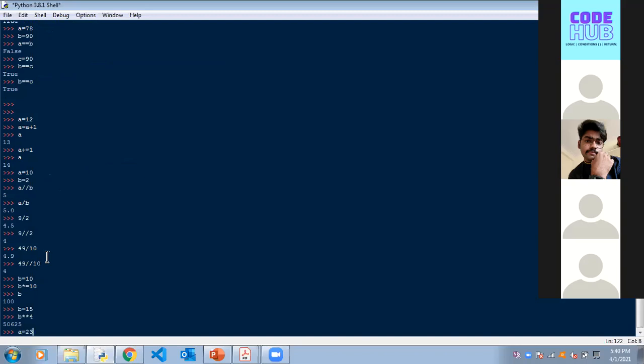Similarly, you take 23. The output is usually Boolean. You check whether B is greater than A or not. What will be the output, guys? Just give a guess. B is 89, A is 23.